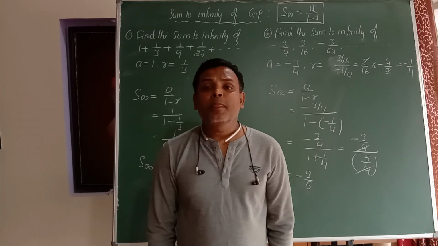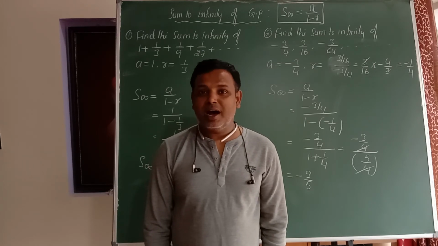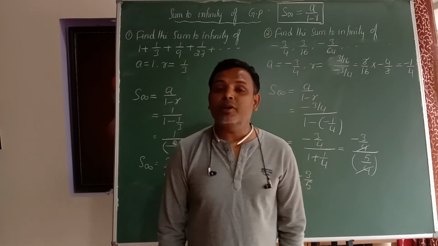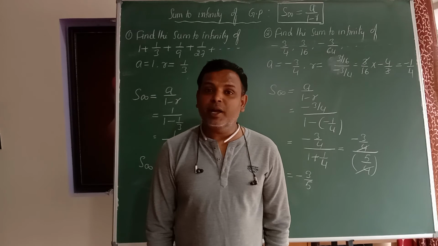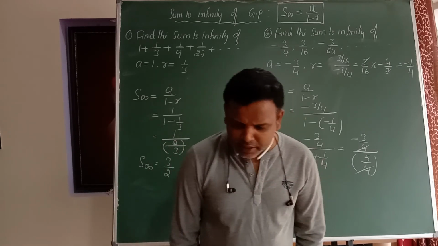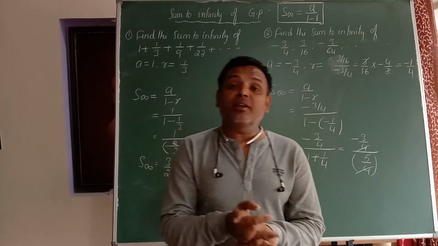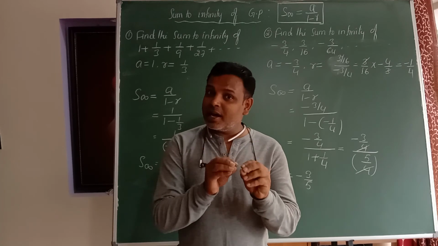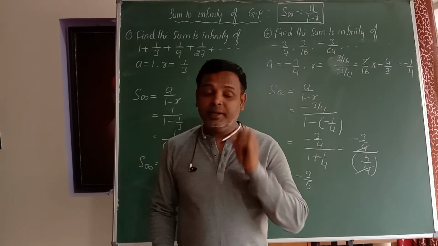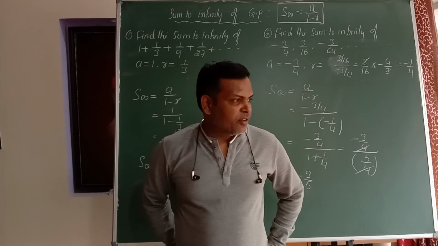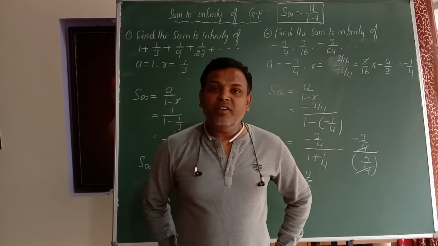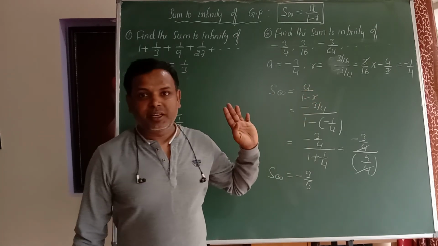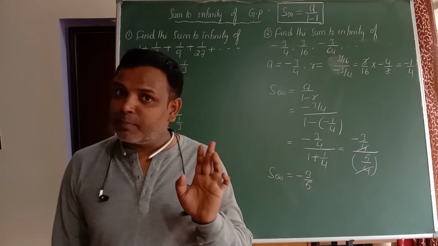And more importantly, when the common ratio R is unknown, or the common ratio is given in terms of an unknown variable, we have to use Sn is equal to A into 1 minus R power n divided by 1 minus R. And a very important thing, one question is there. Any three terms of a geometric progression are taken as A by R, A and AR. Got my point? And the very important fact is sum to infinity. Sum to infinity of a GP is given by S infinity, that is equal to A divided by 1 minus R. This is all about geometric progression.